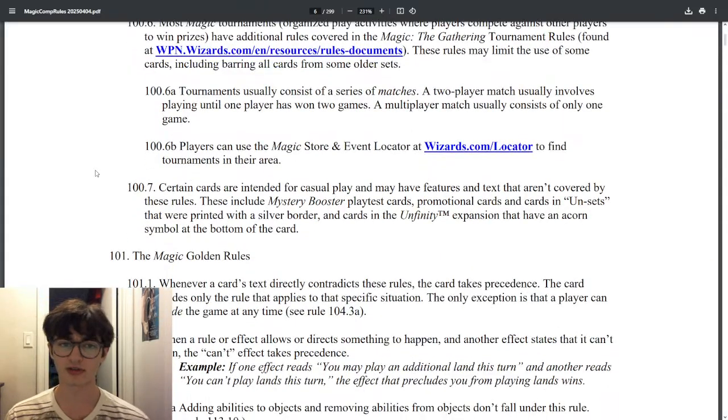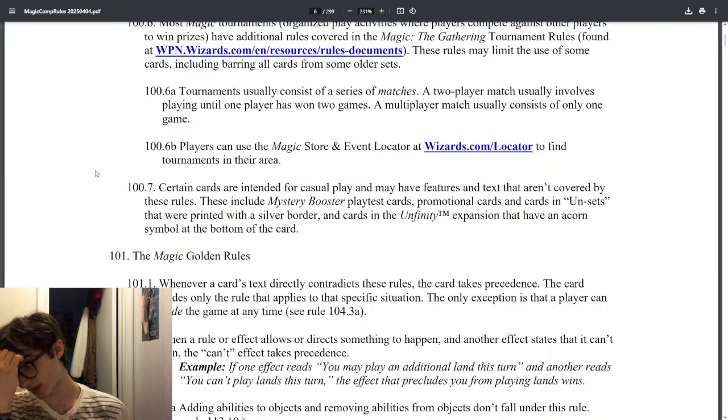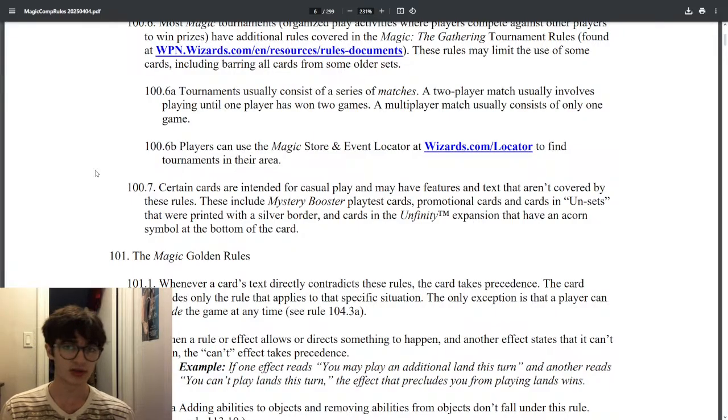100.6a. Tournaments usually consist of a series of matches. A two-player match usually involves playing until one player has won 2 games. A multiplayer match usually consists of only one game. Games are individually the ones where you can win or lose, and then a match is the one that decides your score in the tournament.